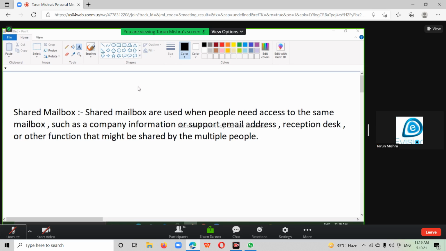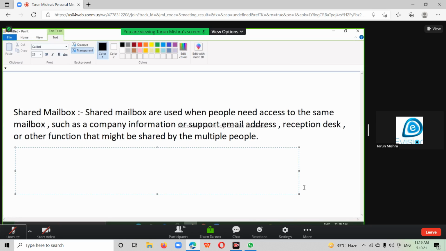Right, now I'm asking one more question, guys. Do you know what is the meaning of RSS feed? Does anyone know what is RSS feed in Outlook? No, sir, no idea. Okay, guys, write it down, because this kind of simple question anyone can ask you. What is RSS feed? What is shared mailbox? And how to create RSS feed? How to create shared mailbox?